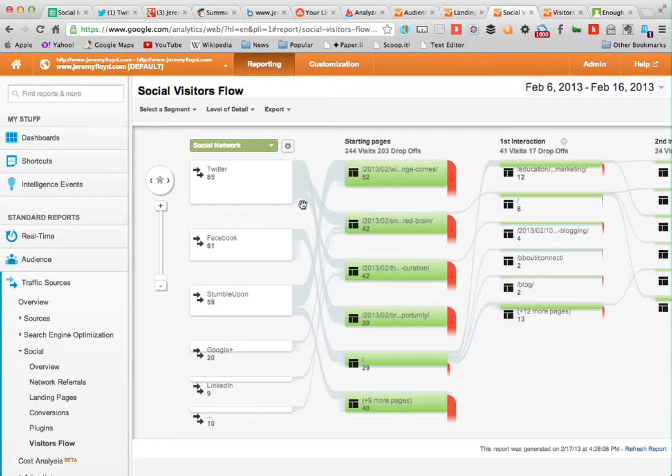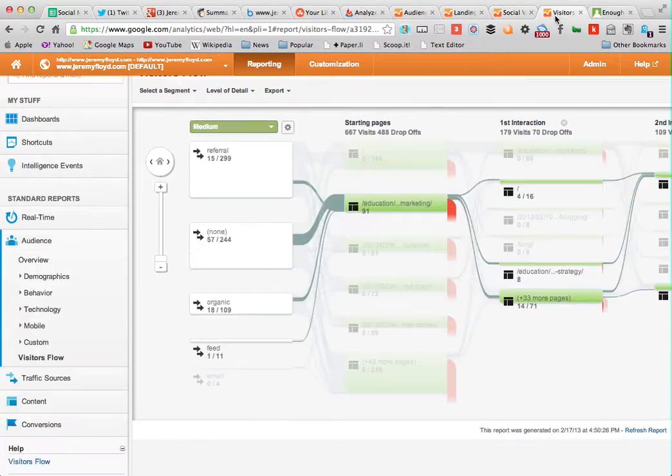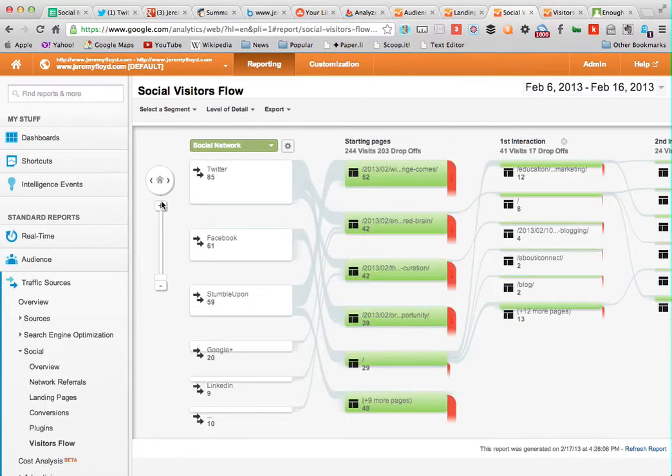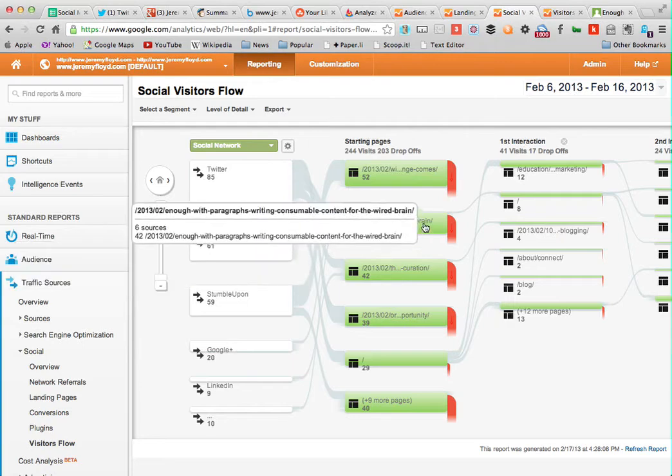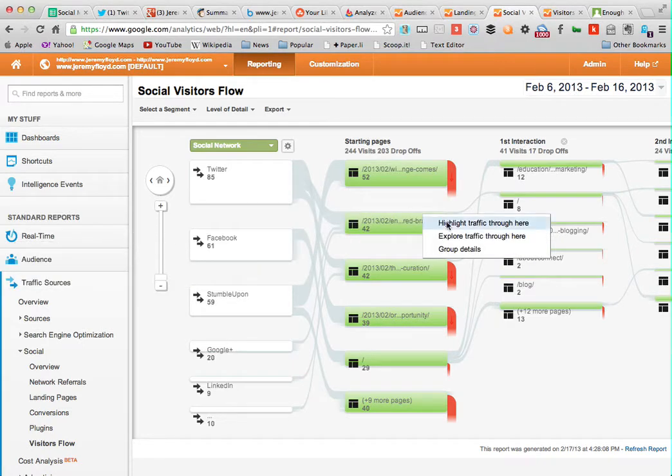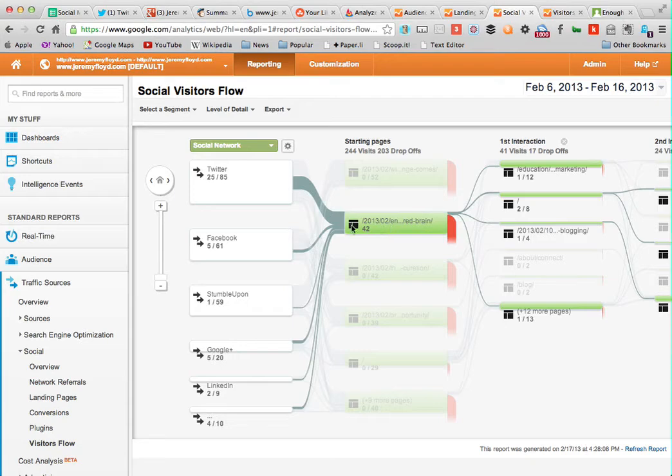And so the funnels are a very interesting way to visualize and analyze that information. I can click over on the left-hand side into traffic sources, expand the social column, and then look at visitors flow, and I will see where the different referral sources within social networks are. And then I can look at particular landing pages. So I can highlight all of the traffic coming into this page and then obviously where they're going to as well. And so I had 25 of the 85 Twitter referrals over in this course of time that came in